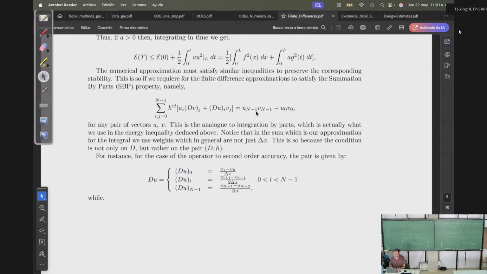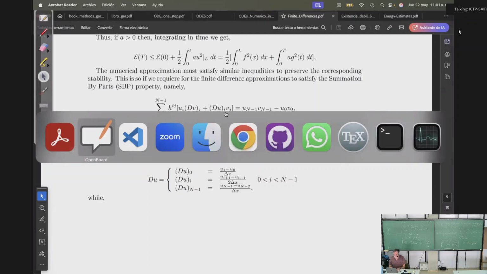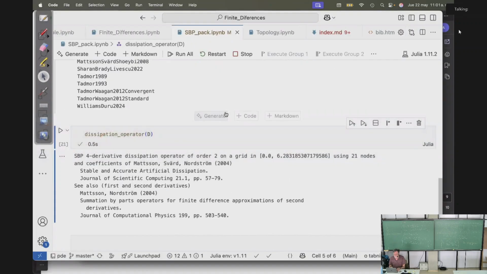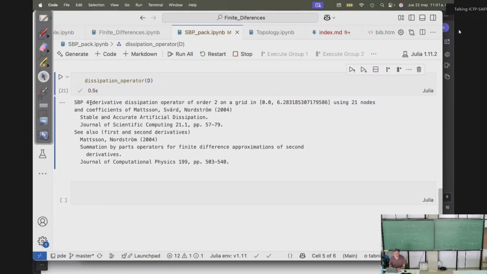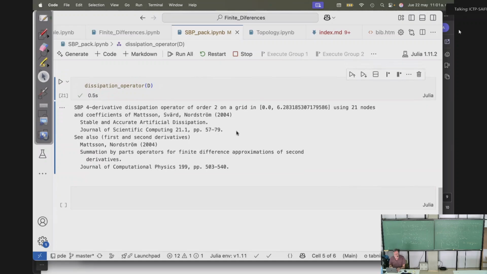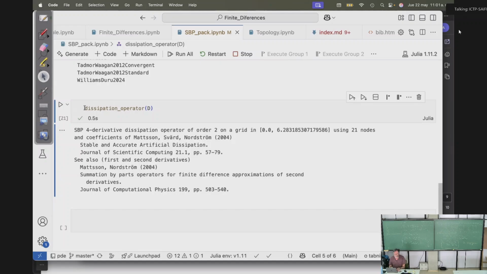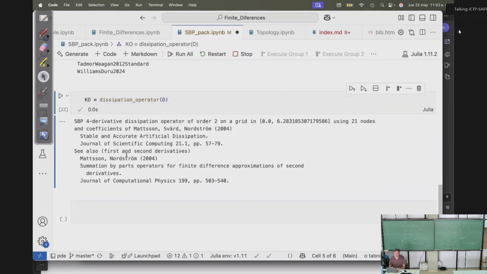When a finite difference operator satisfies this, we say it satisfies summation by parts. So here is summation by parts for the derivative dissipation operator of order 2 on a grid between 0 and 2 pi using 25 nodes, coefficients of all the information. So this we call Kreis-Holliger, okay? So we have the dissipation operator now,